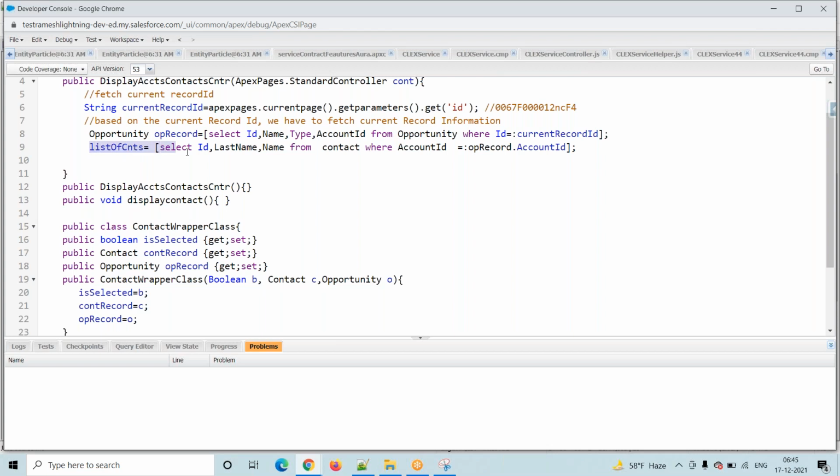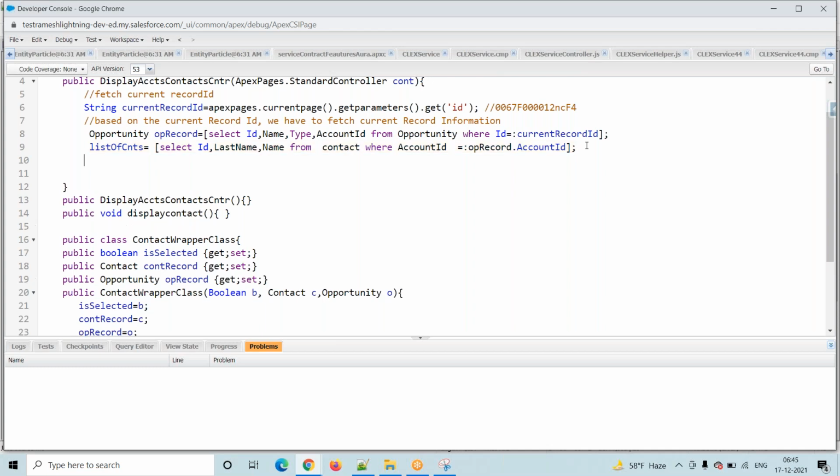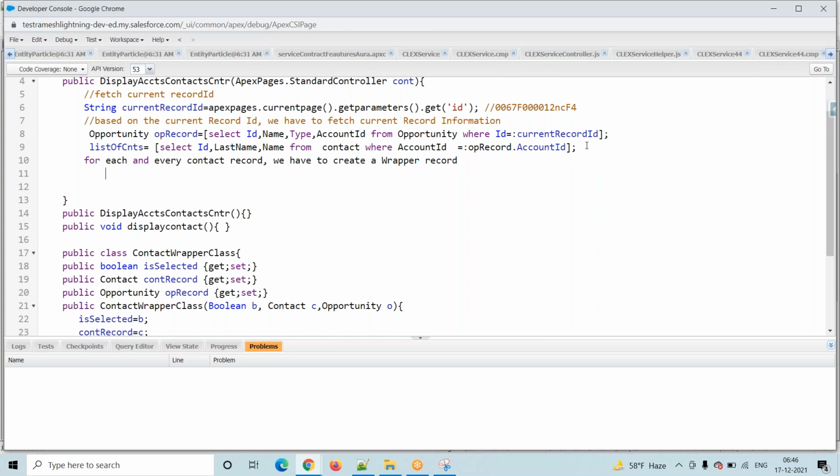See, we are getting contact records. How many contact records are there? It doesn't matter. For each and every contact record, we have to create a wrapper record.